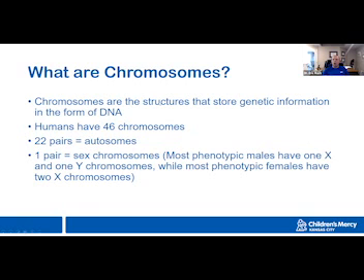So these chromosomes are the actual structures that store genetic information. And those chromosomes are constructed of DNA. And I imagine all of you on the call know that DNA is the molecule of heredity. It is how our genetic information is stored. Every organism has chromosomes that are packaged a little bit differently. In the case of humans, we have 46 chromosomes, so 23 pairs of chromosomes, which, fun fact, we actually didn't know until well into the 20th century.